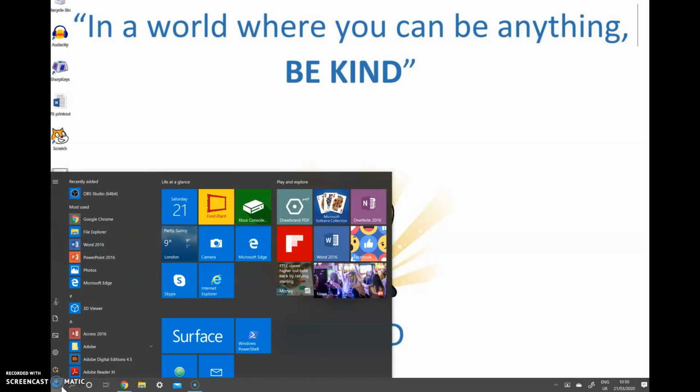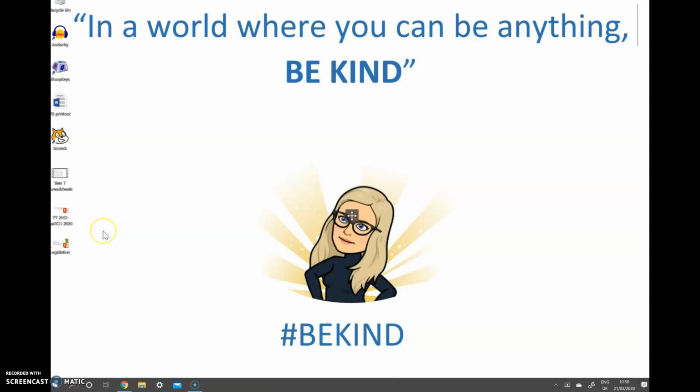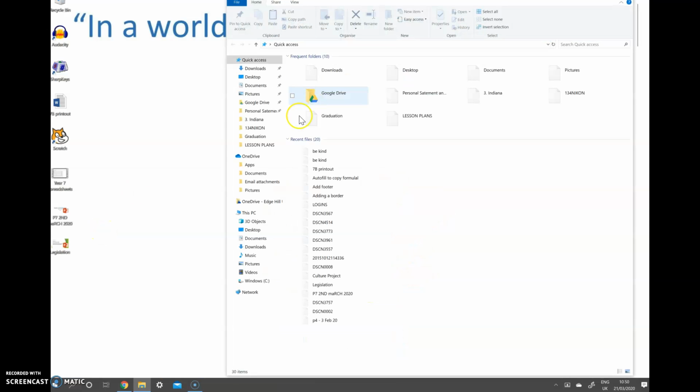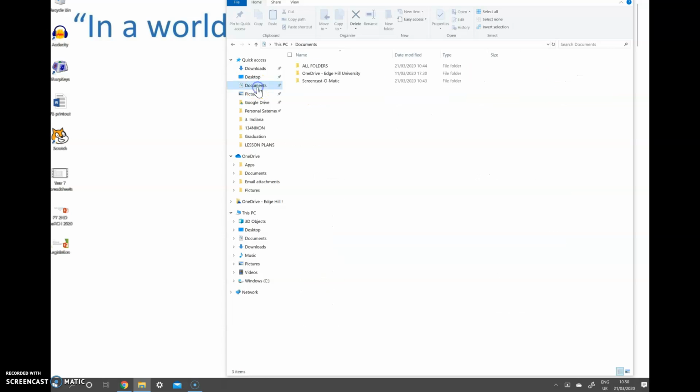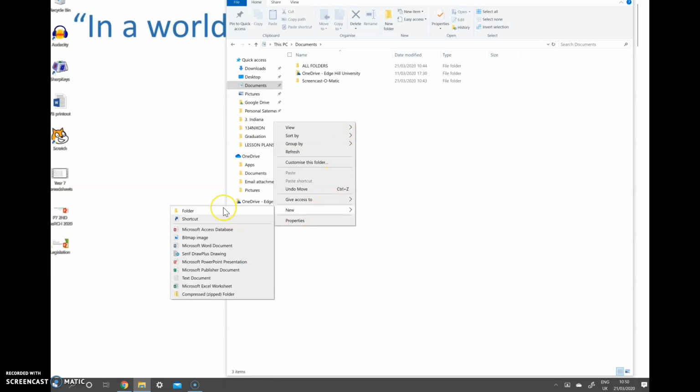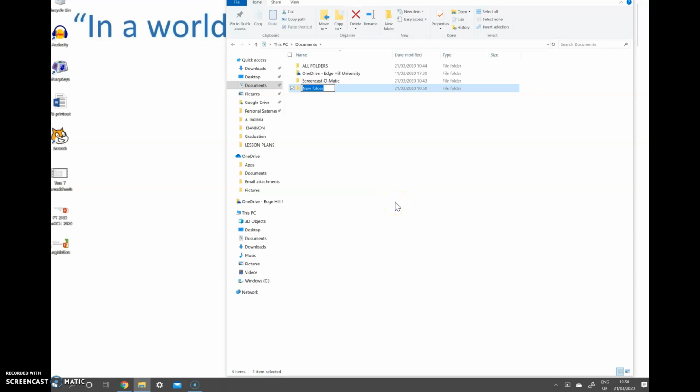And then what we're going to do is go into the File Explorer. We're just going to go straight to Documents up here. And then there's a couple of ways of doing this. You can either right click, I think is the easiest way, right click down to new folder. There we go. Click on it and then you can see there it's Miss Rowe,